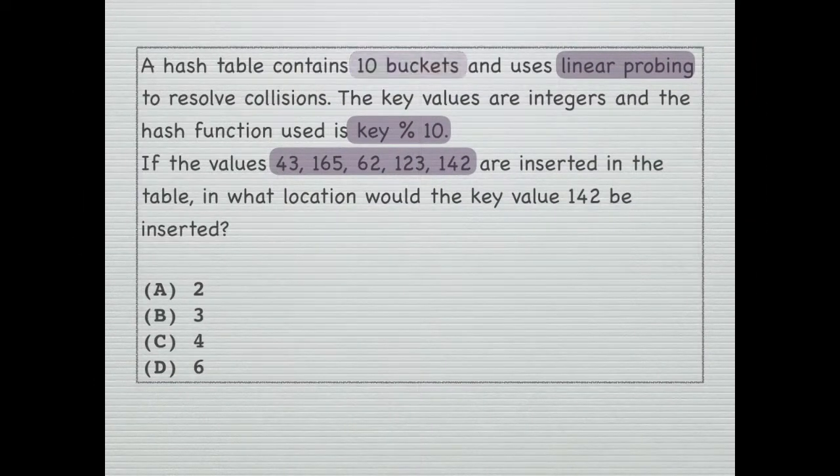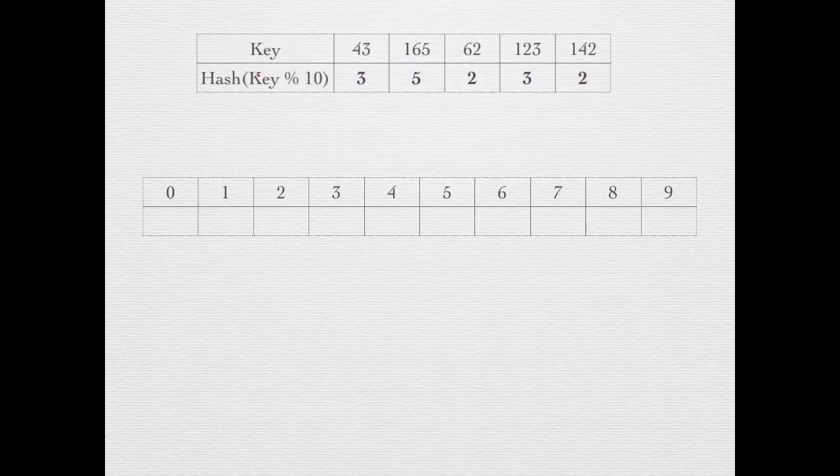A hash table contains 10 buckets, uses linear probing to resolve collisions. Hash function used is key mod 10. Now these values are inserted in the table and we need to find in what location would the key 142 be inserted. So this is the hash table with 10 buckets indexed 0 to 9, and this table